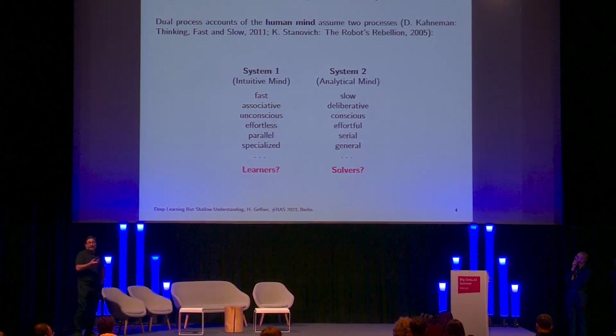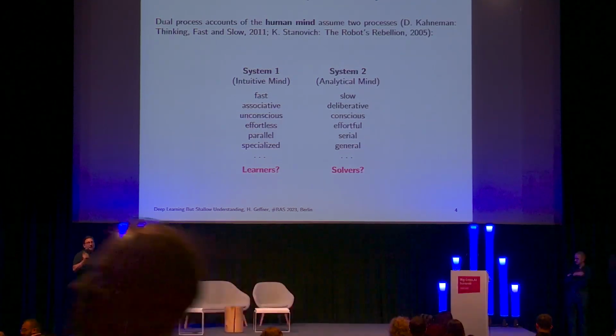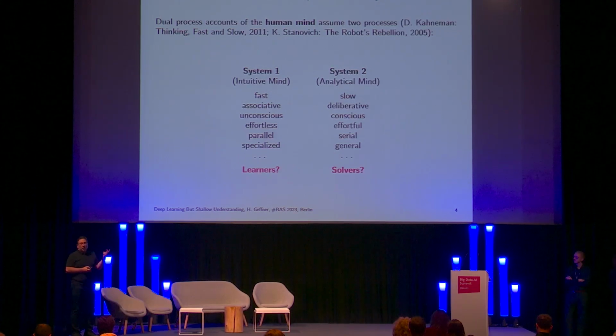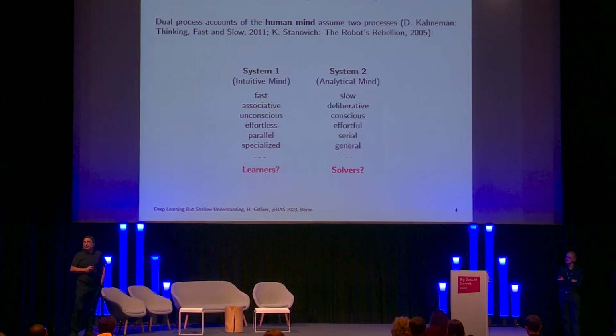And basically the idea of this system 1 and system 2 that was mentioned in the previous talk, I'll mention it again because it's a very good metaphor of what is the state of the art in AI. In some sense, what Michael was talking about, the system 1, the so-called intuitive, reflexive mind, okay, you get inputs, you get outputs, you don't have to think about them, so they're fast, associative, and do not take any effort. So this is what is normally called system 1. These are related to the sort of boxes that you get out of learners, okay? Not particularly flexible, and so on.